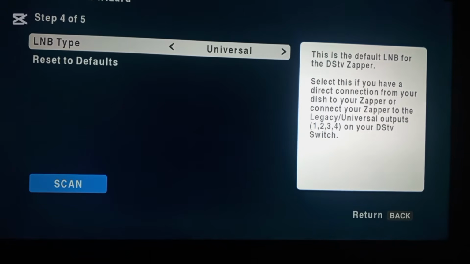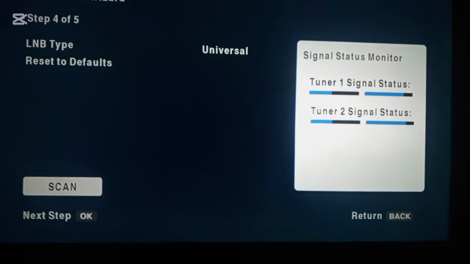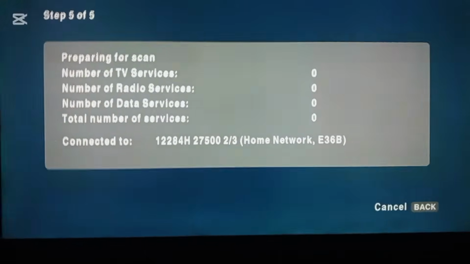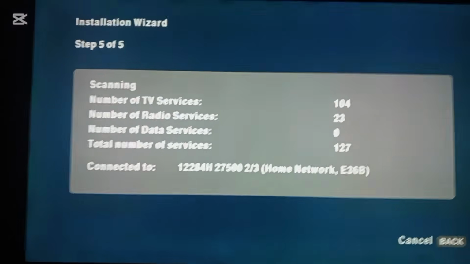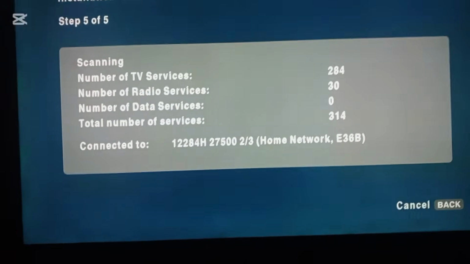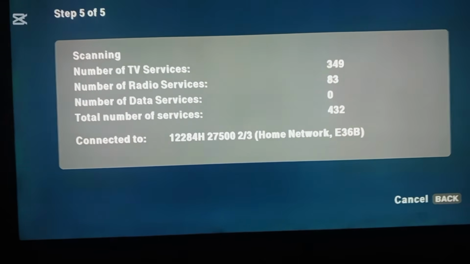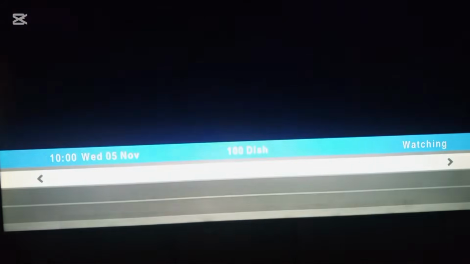Then come down to a place where they wrote scan. Look at your tuner 1 and 2, and then you scan the decoder. Now after scanning the decoder, it is expected that the error should clear on its own. But if this error does not clear,